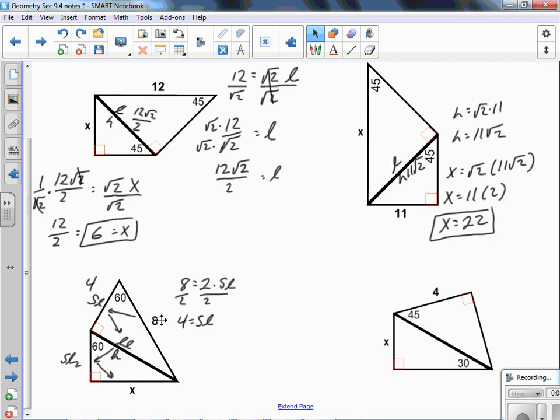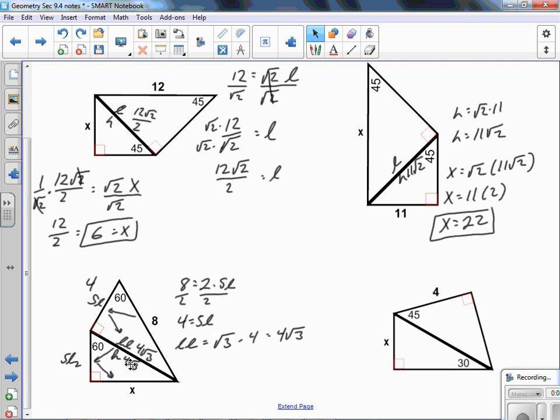So we're going from that short leg on down to this long leg. So now we know that the long leg is equal to the square root of 3 times the short leg, which is 4. Or you can call that 4 square roots of 3. So it's taking us from the hypotenuse to the long leg of the top triangle, which, now that 4 square roots of 3